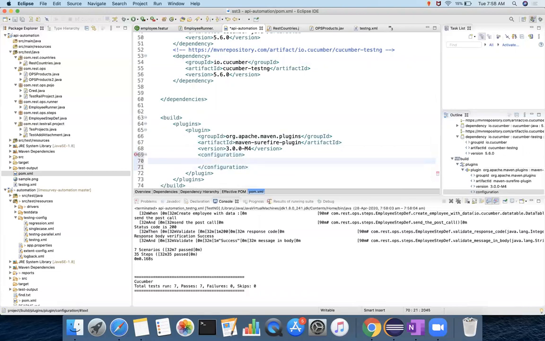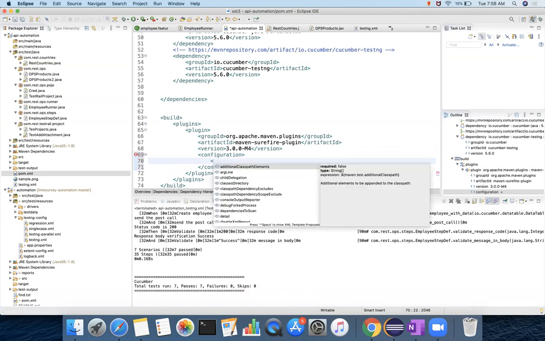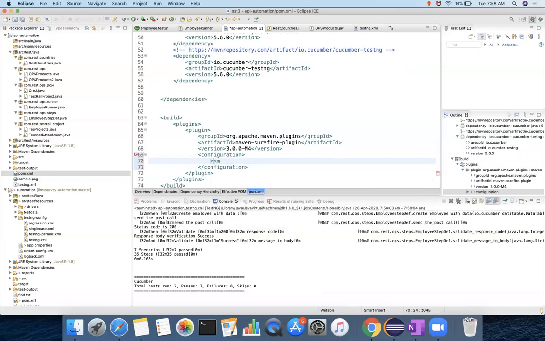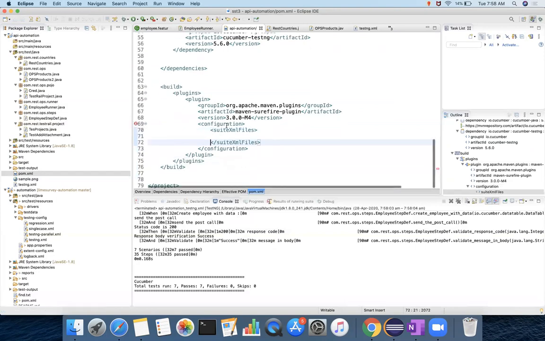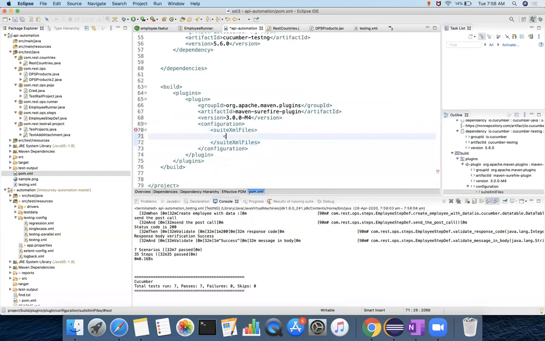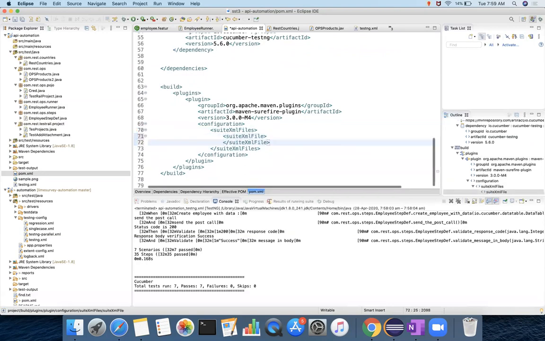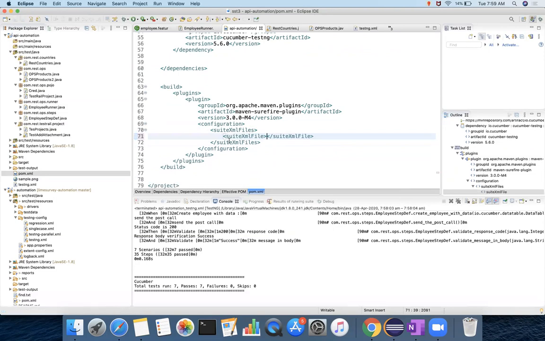Inside the configuration, you can use suiteXmlFiles. Inside suiteXmlFile, you can provide which suite XML file you want to execute. It is testng.xml, right?